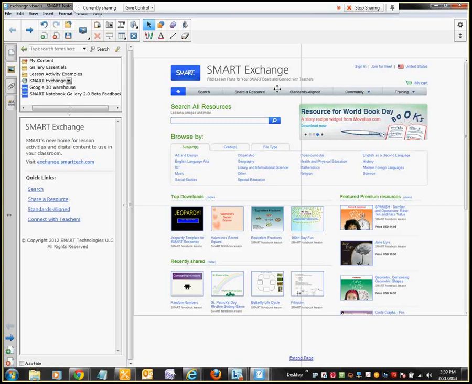And what else do you need? Well, you need to be able to create an account with Smart Exchange. It's free, and it's very quick. It's just entering an email address, like your work email address, and picking a password and writing that down somewhere so that if you're like me with many, many passwords and usernames, when you need to log in,